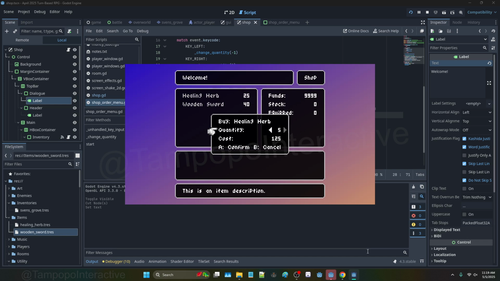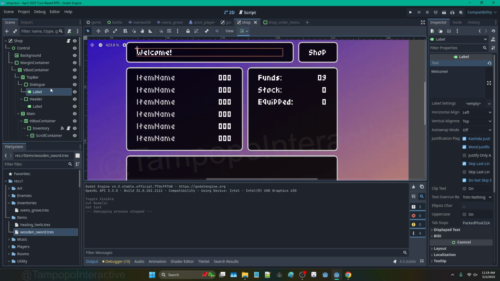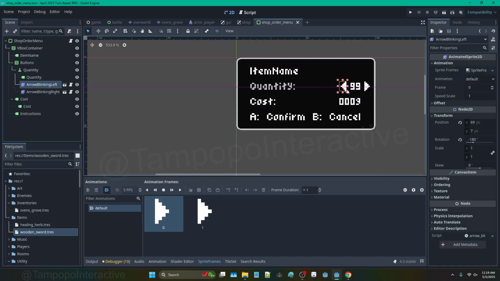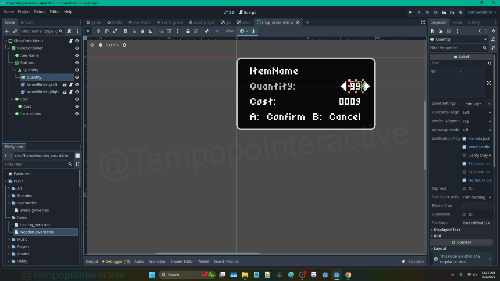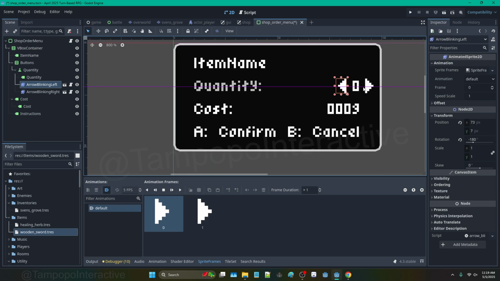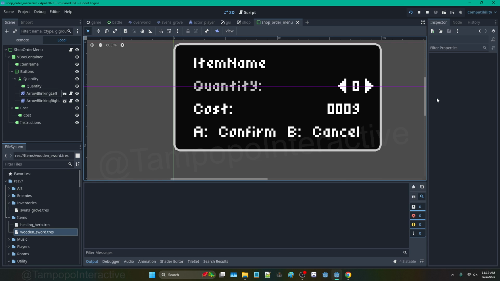I think most items are not going to have more than a single digit in quantity. So knowing that, we can just do 0. So maybe a few items you'll be able to stack to like 5. Otherwise,